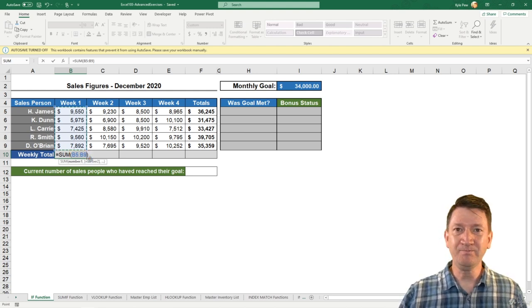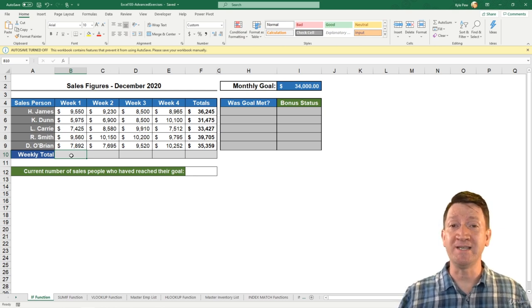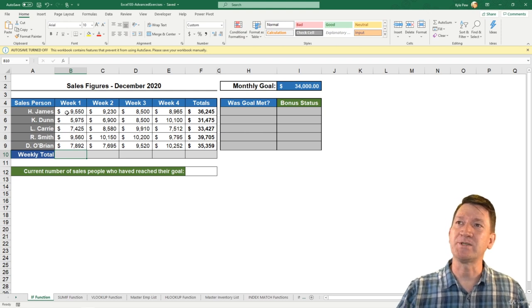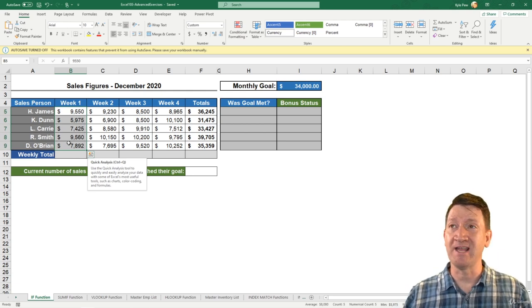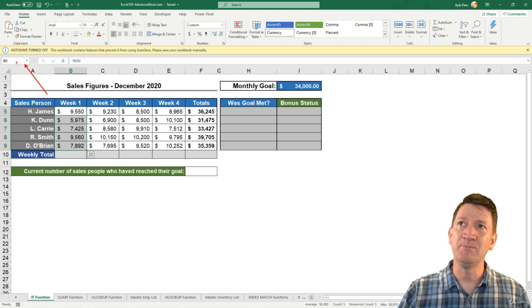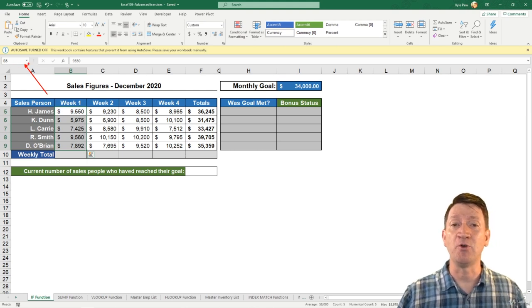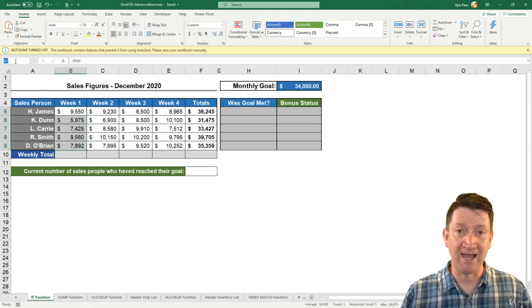So take a look. I want to perform the same action here. I want to sum up this week 1 data, B5 through B9. But rather than referencing it as B5 through B9, we're going to reference it by a name. First step that we need to do here is actually name that range of cells. And this is how you do it. I'm going to first select that range of cells, B5 through B9. It's all the numeric data, all the sales data for week 1. I'm then going to go up towards the top of my screen, and we've got what's called the name box. Currently, it's showing me the active cell of B5. So I'm going to click into that box, and I'm just going to replace that. I'm going to type in